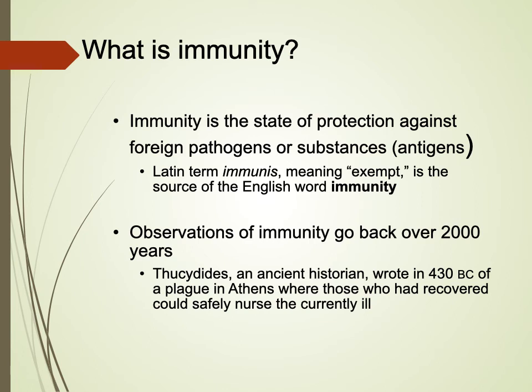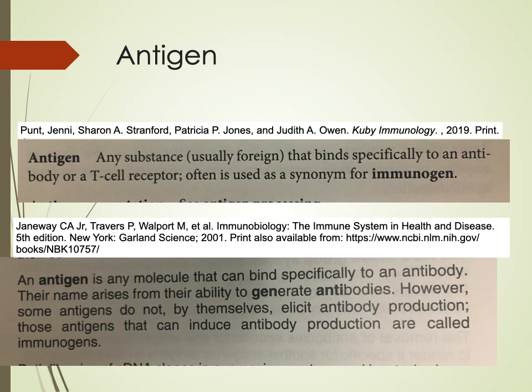So with the term immunity, we have another term, antigen. So we'll talk more about antigens in just a second. So here you can see that we have two different definitions of antigen. The definition on the top is from our current textbook that we're using for this course, QB Immunology. And you can see that this one is much briefer than our definition that's from Janeway back in 2001. So this bottom definition is actually from the immunology textbook I used as an immunology student in my undergraduate career. And so you can see that this definition's longer, okay?